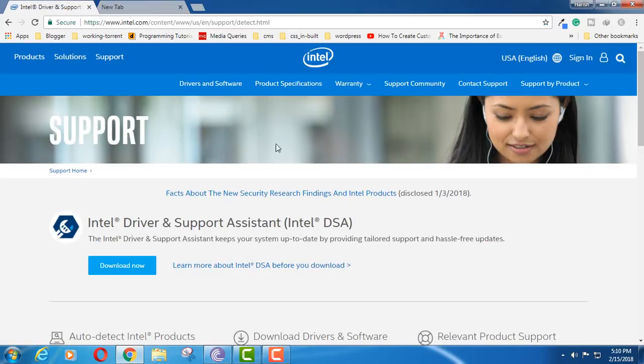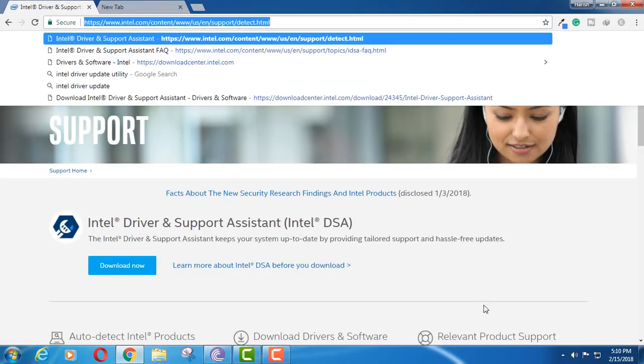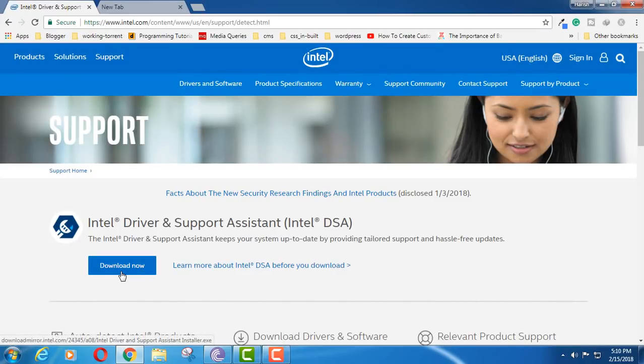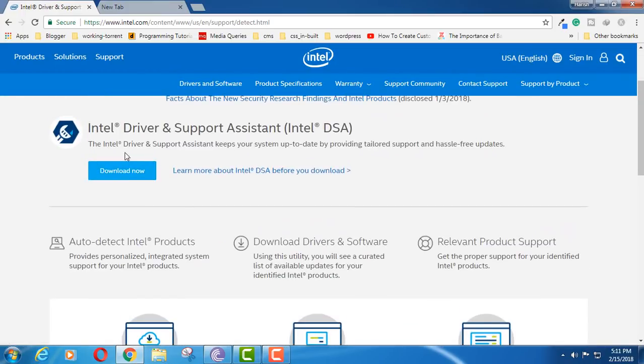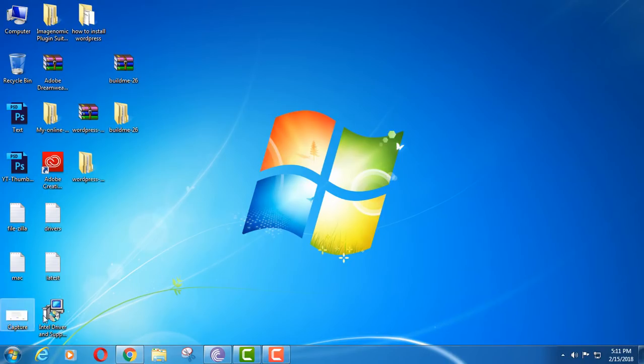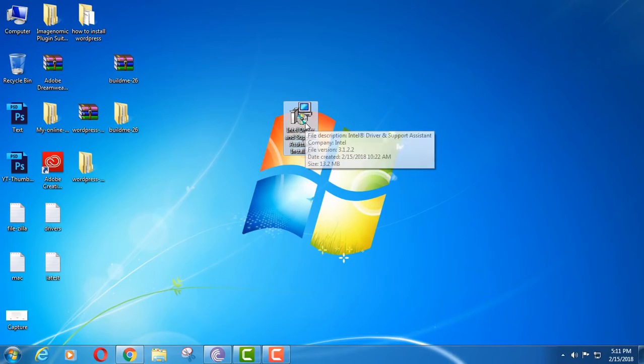Here you can see on my screen, this is the link you have to use, and here you have to download this application. This is Intel's official application, and it doesn't only work for graphics cards, but also for other Intel devices. So it's very convenient, and you should use this option instead of searching automatically for device driver software. So click on download. After downloading, I already have it downloaded, just click and run this, agree.